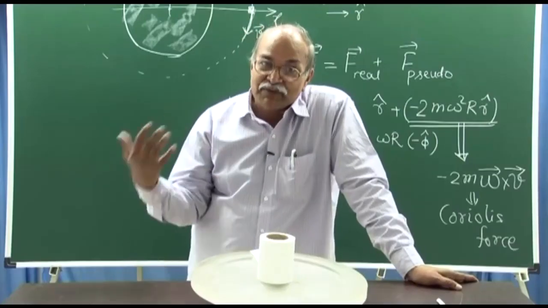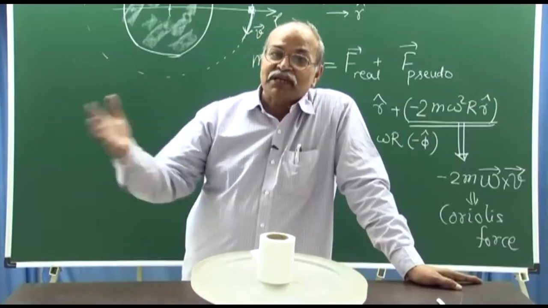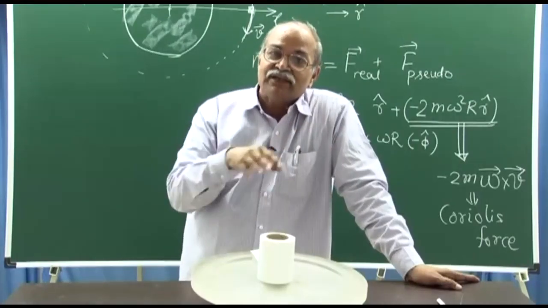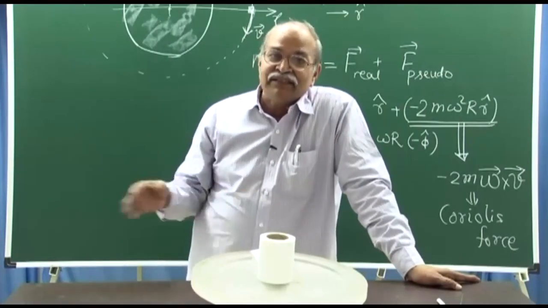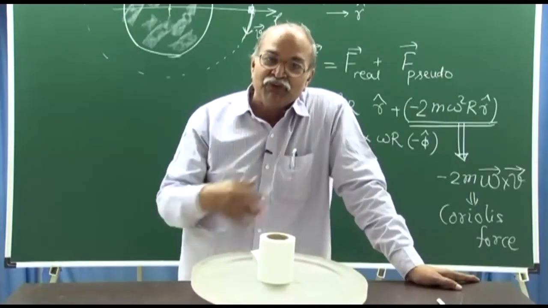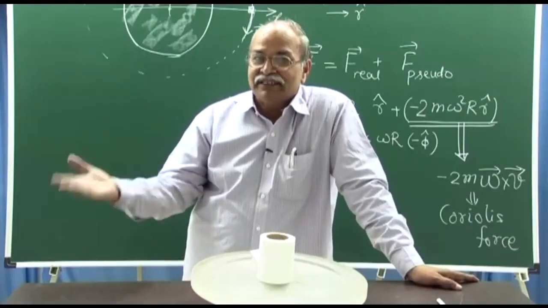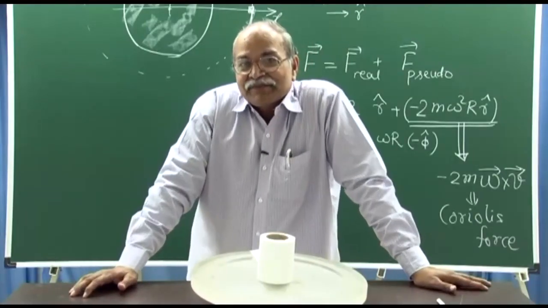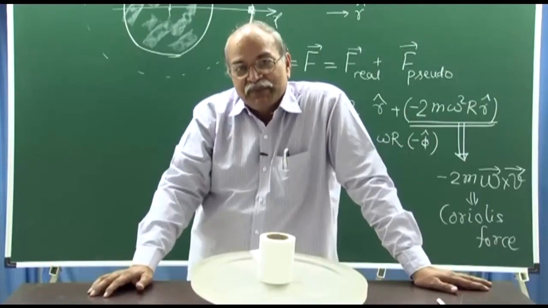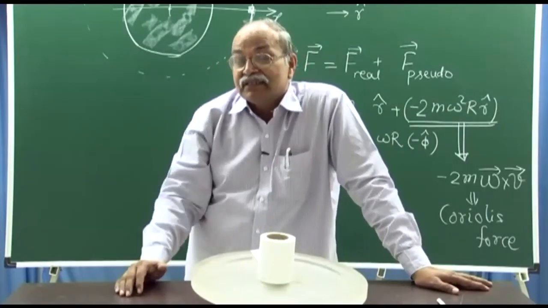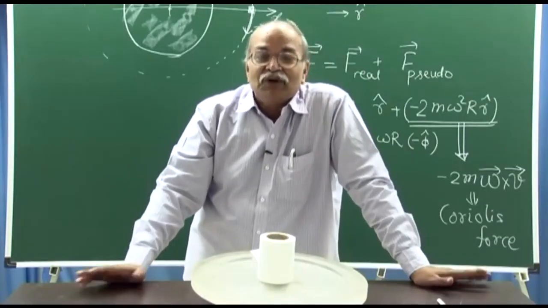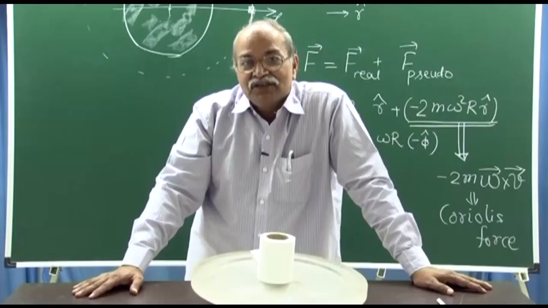Our cyclones are because of that, because of pressure difference, air mass moves radially towards the center or away from the center, and then the transverse force makes it a cyclonic movement, and many other things which are there. If you project something with a big speed where the range is large, then that lateral deflection can be visible. So, all those things are effects of Coriolis force.